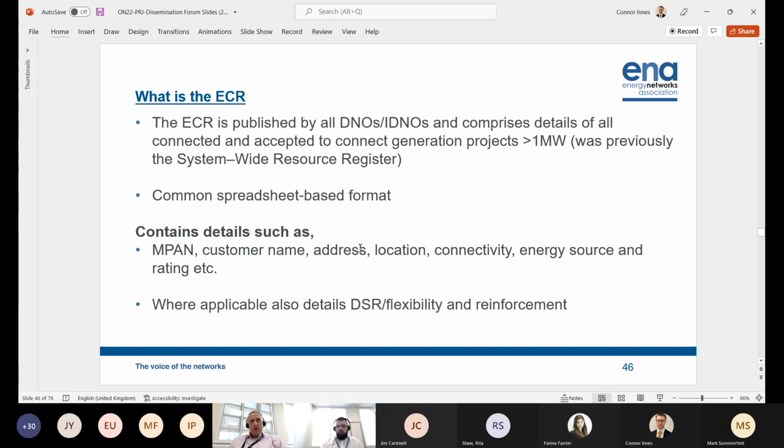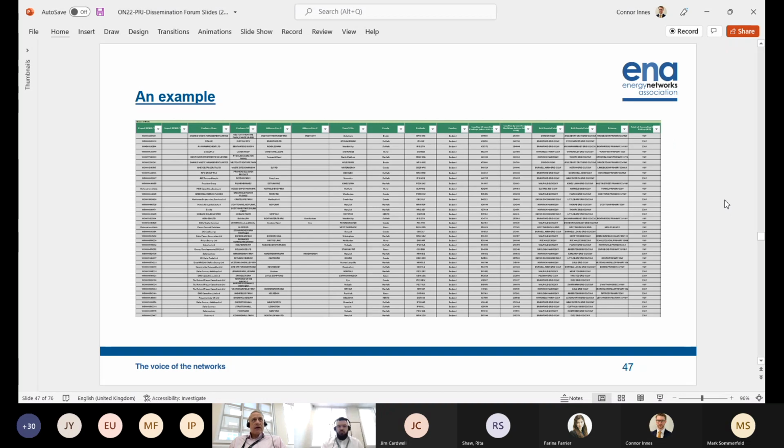So next slide, please, Connor. So we've got an example here. Clearly, you cannot read much, if any, of what's on there. But this is just an example, a snapshot from one of those publications. The actual spreadsheet runs to 57 columns wide, I think. You can only see a number there, in various levels of completion. So some of the data on the left-hand side is less complete than other data, and certainly as you go across to the right-hand side,